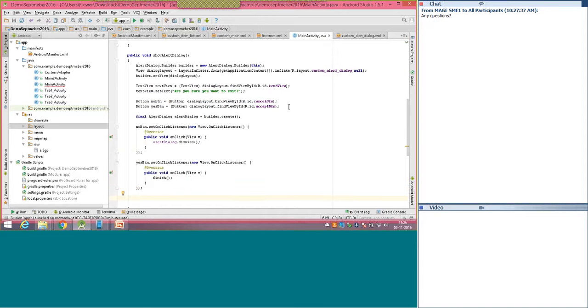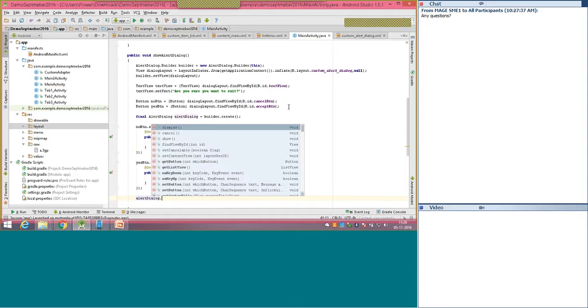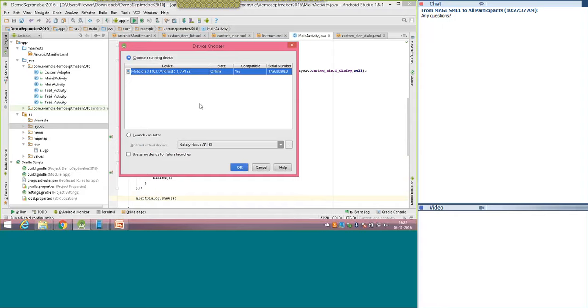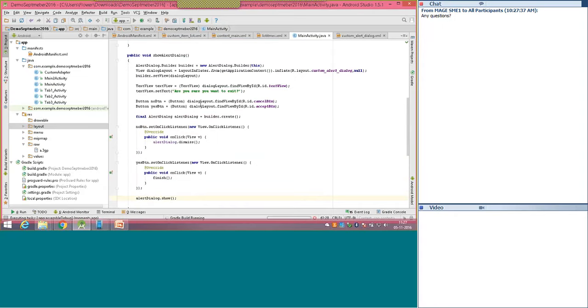Finally, we'll do alert dialog dot show. That's it. So this is how the customization works. So now you will see when you click on that button, which will tell click me to show alert dialog, that will display a black background, white text which will tell are you sure you want